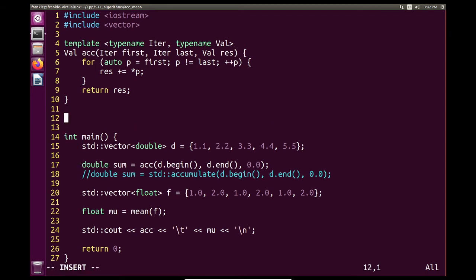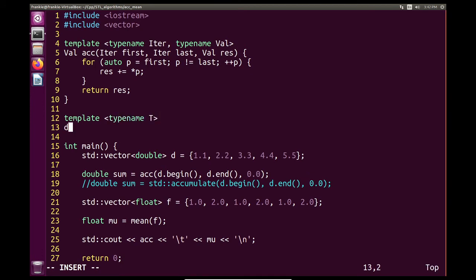Now, I want to talk about my function mean. So what I'm going to do is make it general. I'm going to have a template, and we're going to have a type name. We're going to go with T just to keep it simple. And I'm always going to be returning a double here, so I have precision with my mean. I wanted to return T, but if you take a mean of integers, sometimes that mean is not an integer. Moving forward, I'm going to call this function mean, and